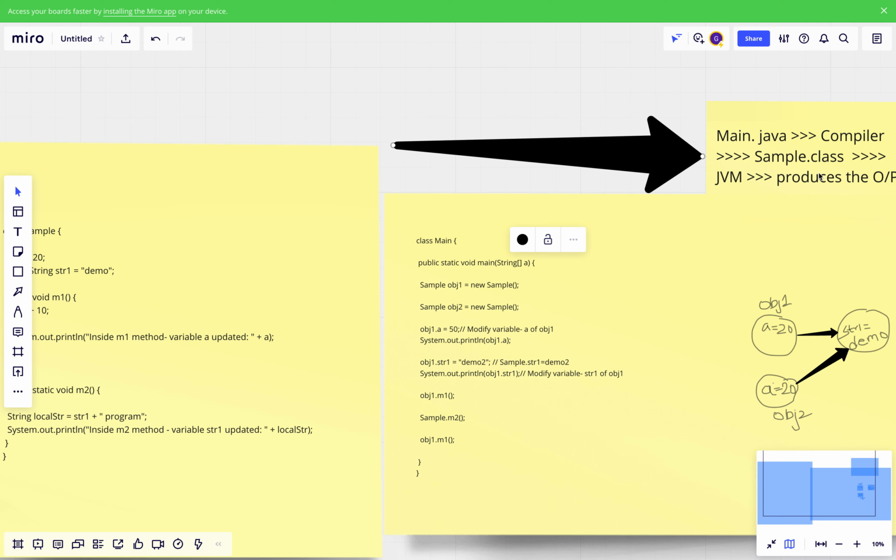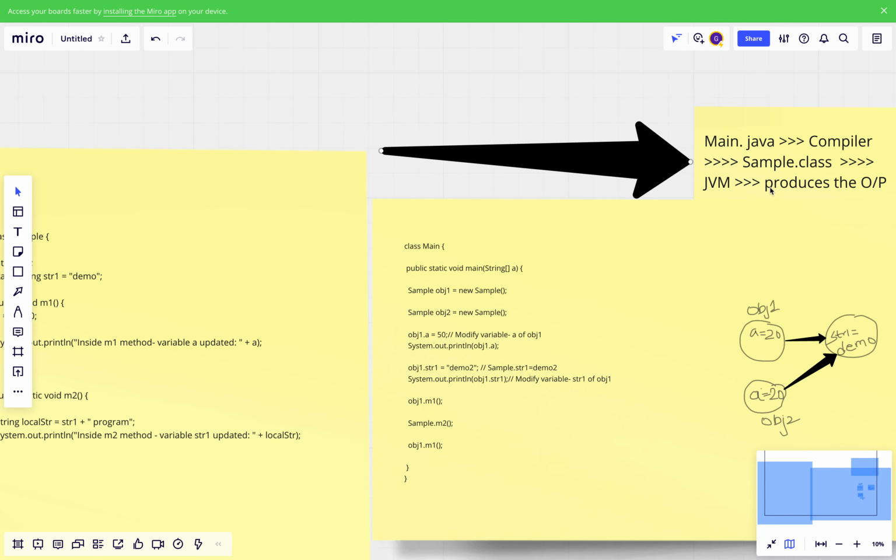Then, once you ask the JVM to take this sample.class file as input and process it, the JVM will load the .class file into RAM and process it, and that's how the objects get created in heap memory, and you will get the output.